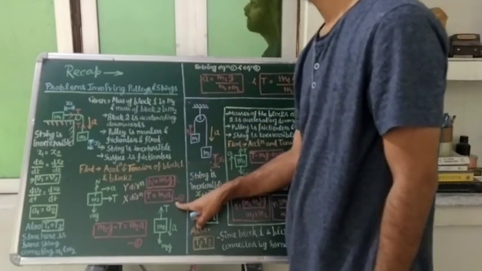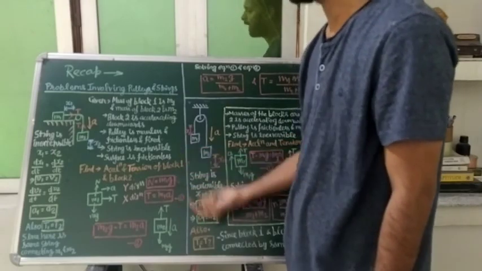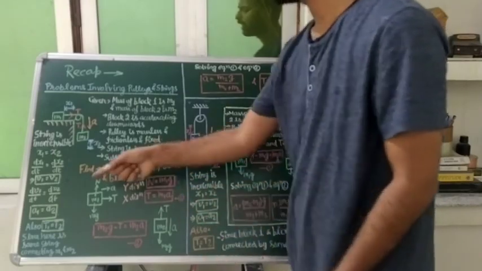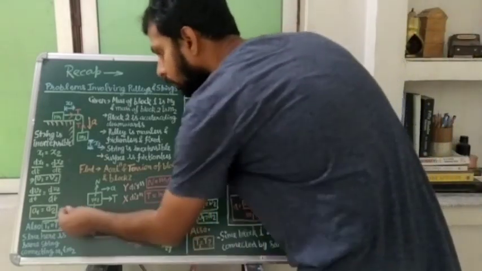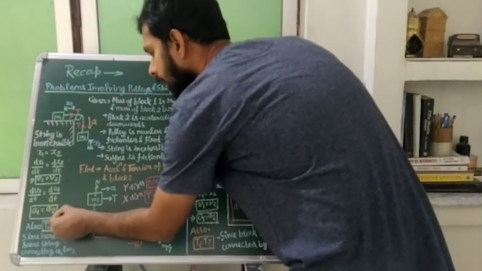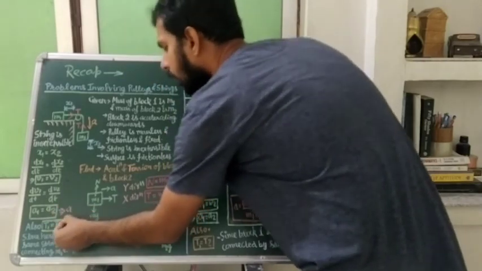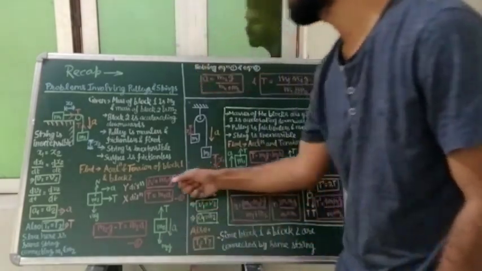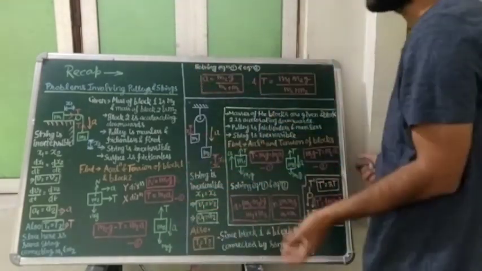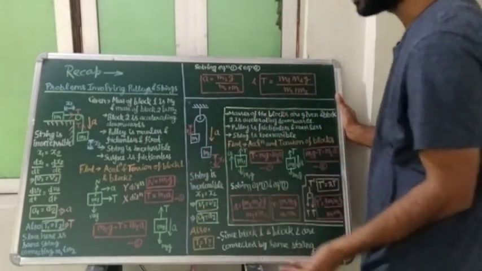Mass times the acceleration of that block. So the mass is m1, the acceleration will be a1, and we have proved that a1 is equal to a2. Suppose we say it is equal to a, and T1 is equal to T2, we say that is equal to T. So these expressions, these equations, we were getting from the FBD of 1.